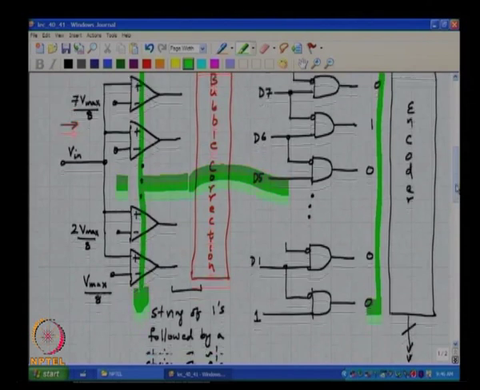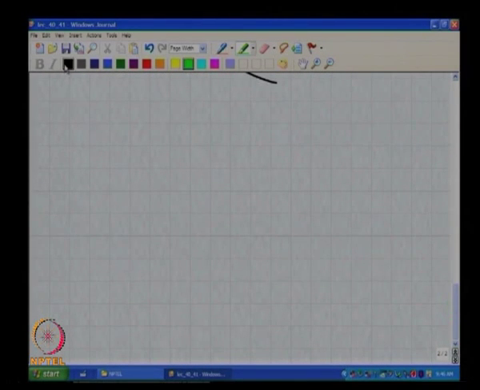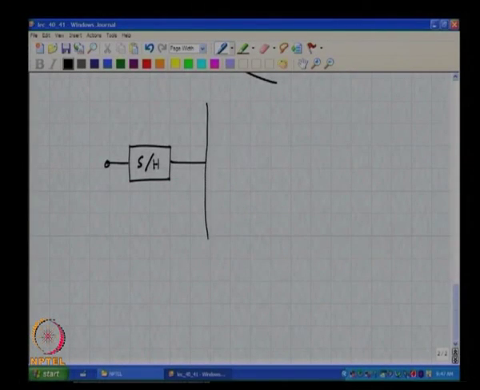Okay. So, the generic block diagram of a flash converter will therefore look like this. As we just discussed, there will be a sample and hold up front, or a track and hold, where the job of the track and hold is to hold the analog input to a constant value, and the advantage of this is that in spite of clock skew which is bound to be there, all the comparators will see the same input because the input is held, therefore its derivative is 0, correct. So you have the comparator array,